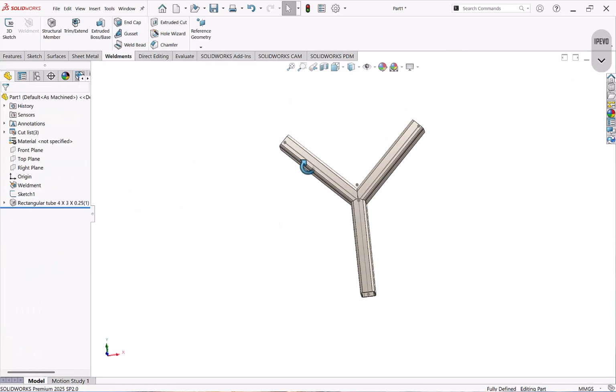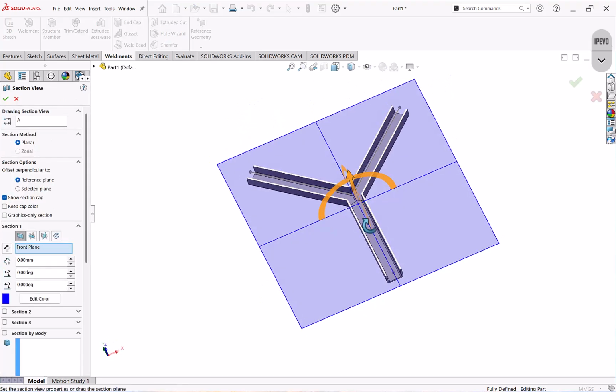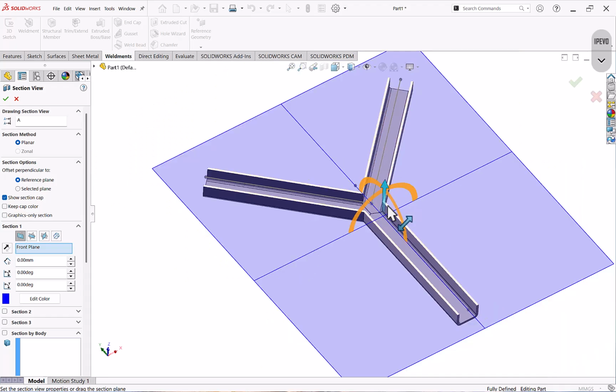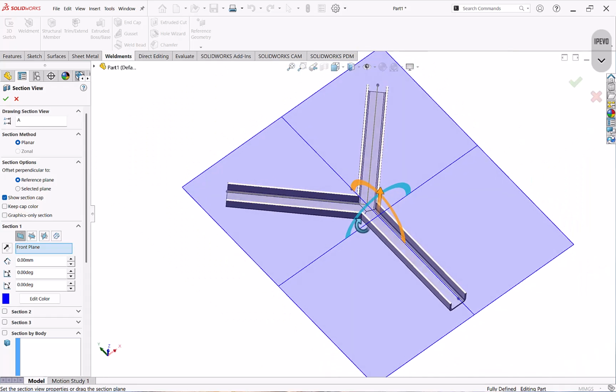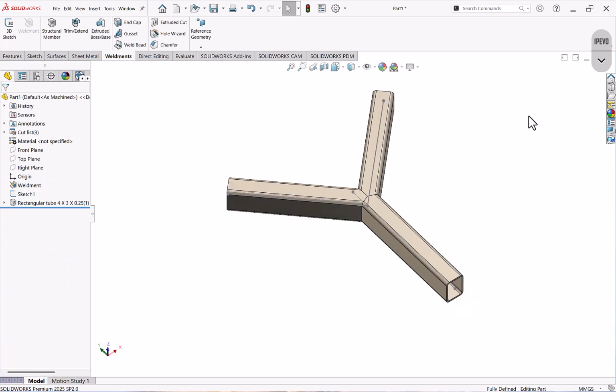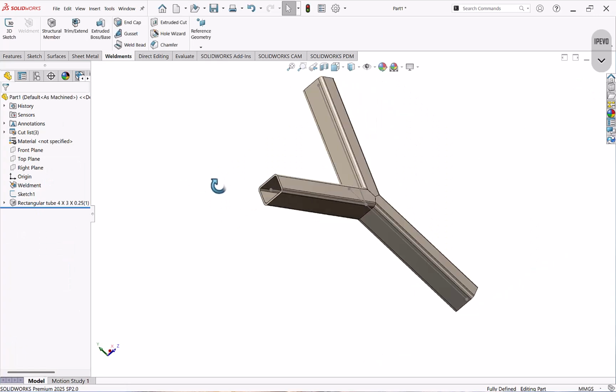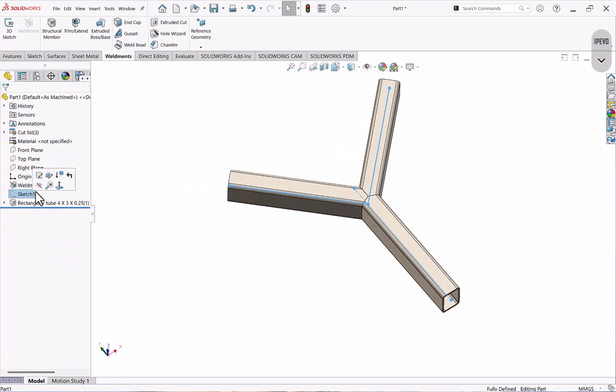We can see by making it a cross section, you can see it has been trimmed properly and the cross section has been joined. So if you want to make this kind of Y-joint section, we can create it this way. After this, we can hide the existing